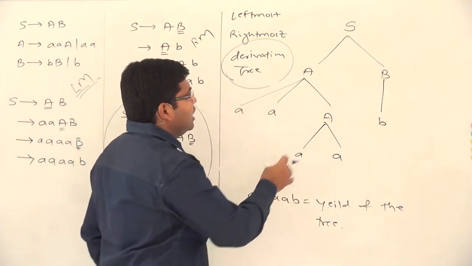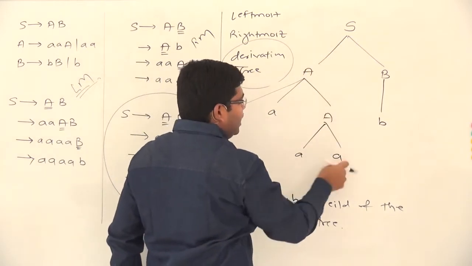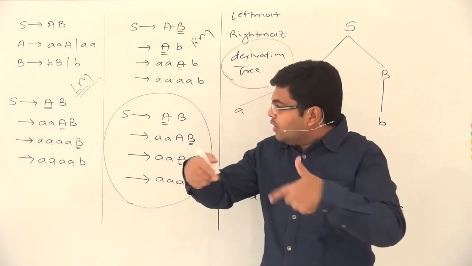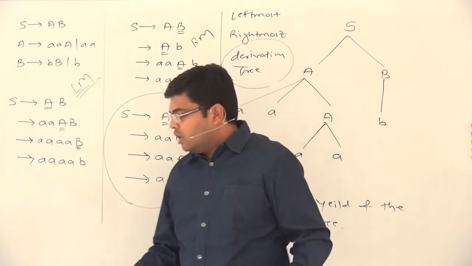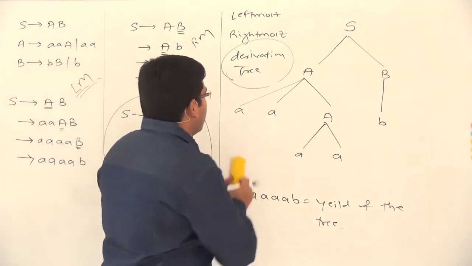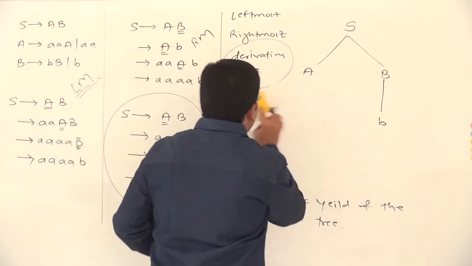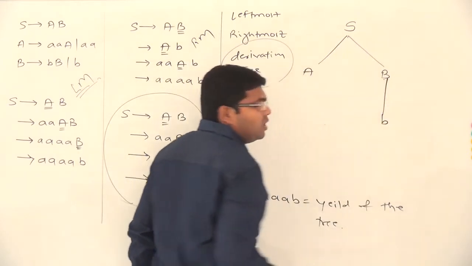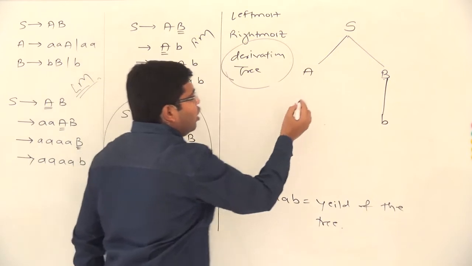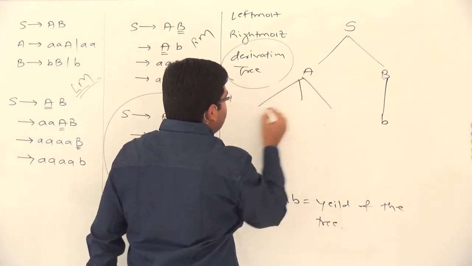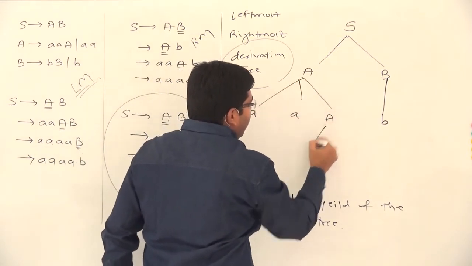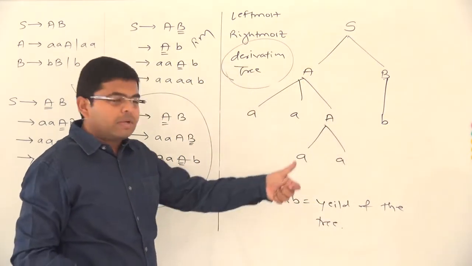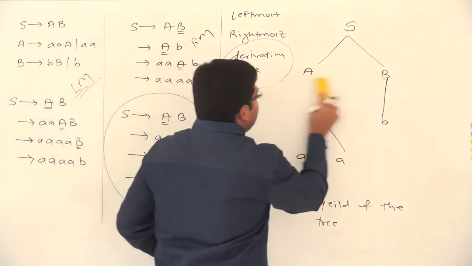Remember this tree: it is S, A, B, a and b and b. And what did I do? I tried to draw the derivation tree for the leftmost derivation. Now we will draw the tree for the rightmost derivation. For that, I will replace this B with small b. Now the only variable left is A, so it will be replaced with A, and finally this A will be replaced with a and a. Again you get the same derivation tree that we obtained in the first case.